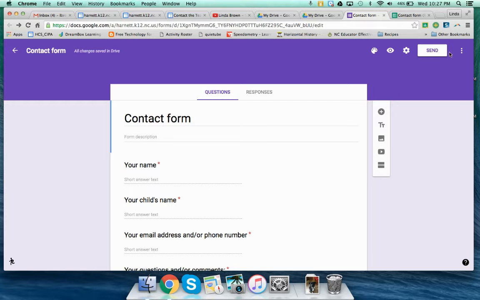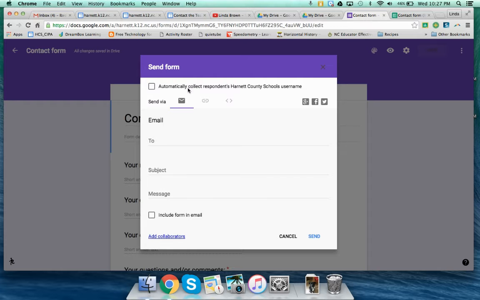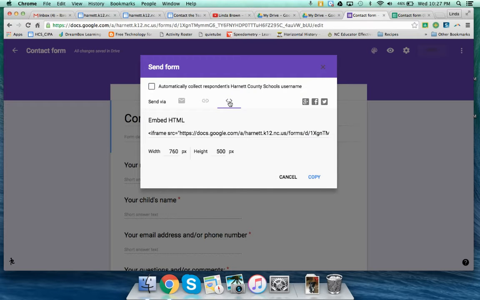So I will click up here where it says send. And then if you notice, I want to use this little icon right here. This is where it will embed it as HTML into my website. So I'm going to click right here so that this highlights. And then I'm going to click right here where it says copy. Okay, so it just copied that